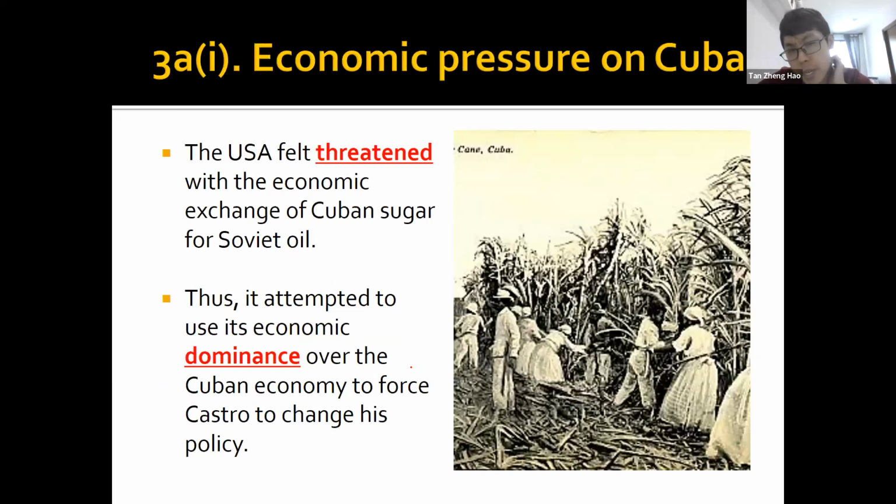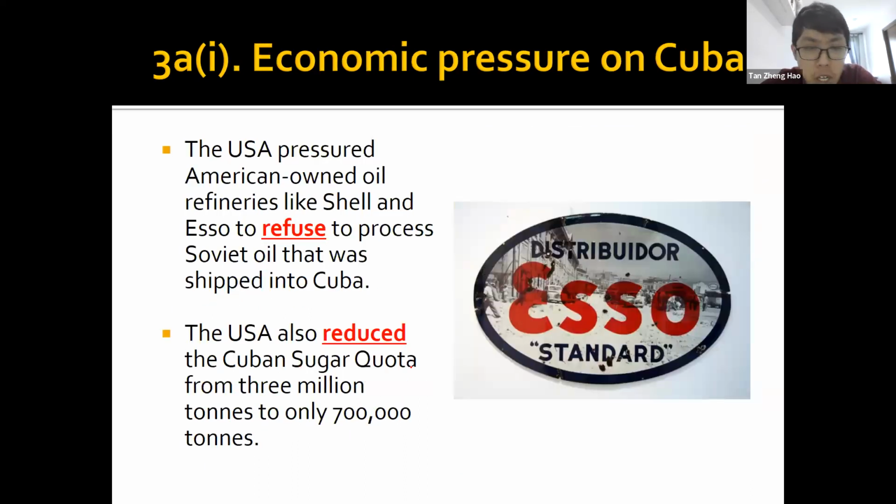First you must remember, the US felt very threatened and decided to punish Cuba, pushing it to buy and sell things with other countries instead of America. It used to be one-to-one: you buy and sell things with me. Now you want to find other countries. So the US decided to take revenge. For example, they decided, I'm not going to buy so much sugar from you. They cut sugar purchases from 3 million tons to 700,000 tons. What does this mean? It means less profit for Cuba, of course, because Cuba now had fewer customers.